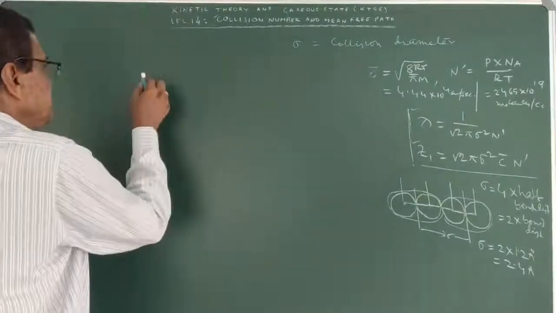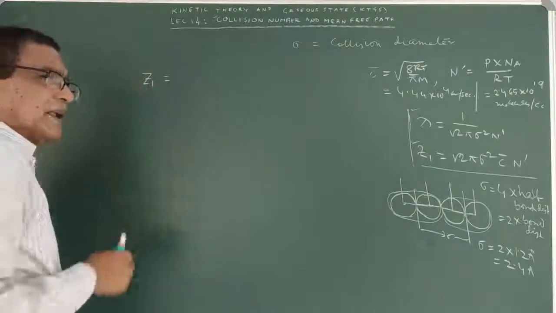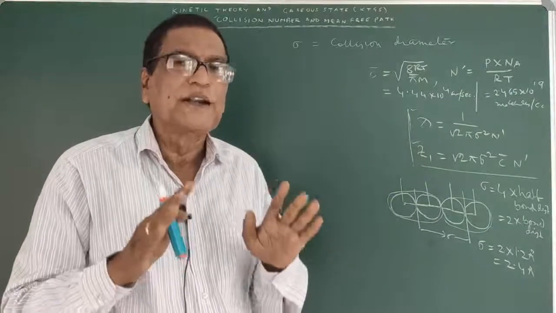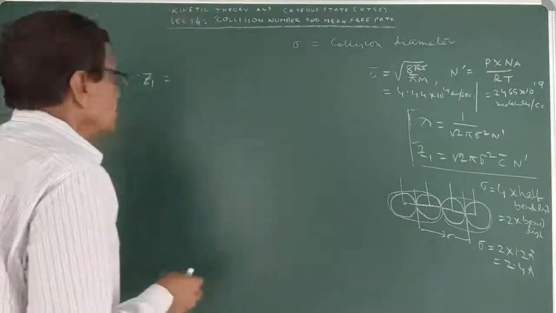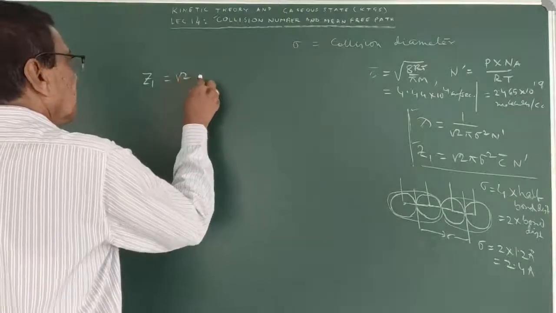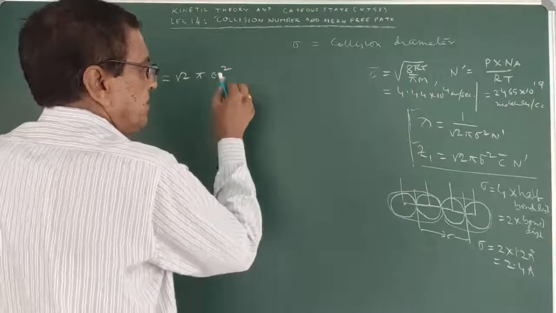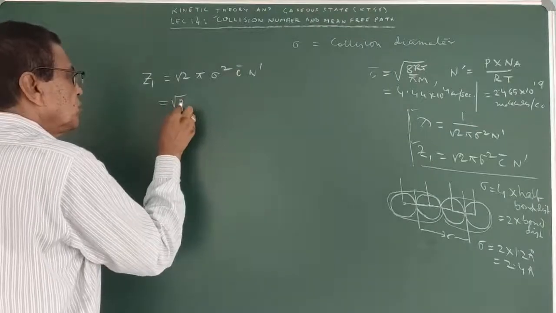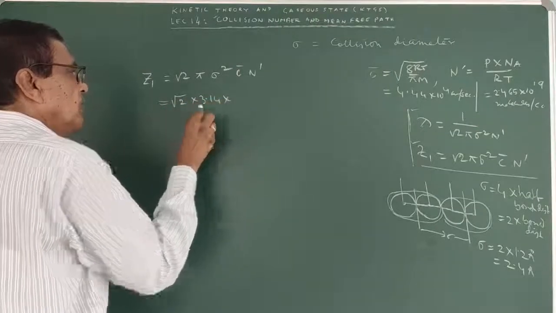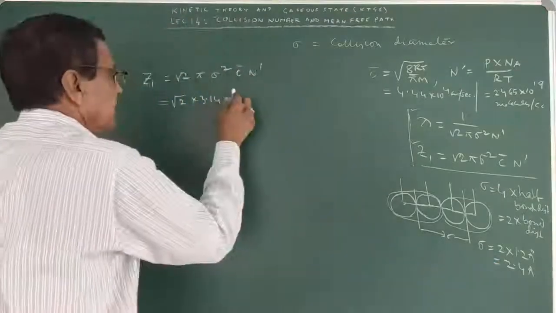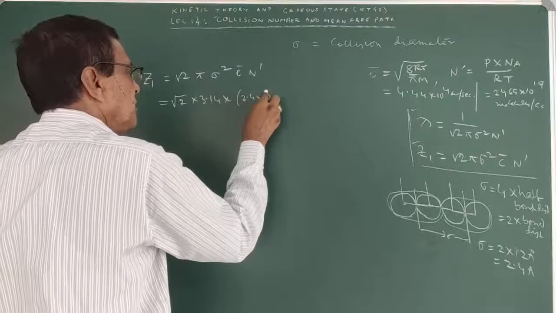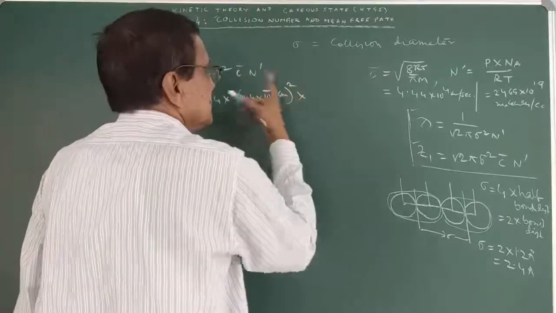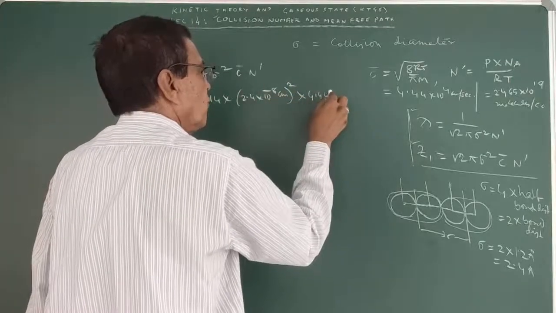Now the value of Z1, the number of collisions made by a single oxygen molecule in 1 second, is equal to root over 2 pi sigma square C bar N dash, which is root over 2 into 3.14, and sigma here is 2.4 into 10 to the power minus 8 centimeter square, into this C bar equal to 4.44 into 10